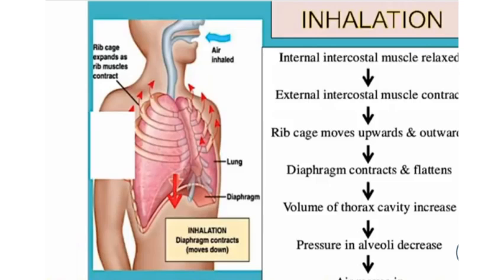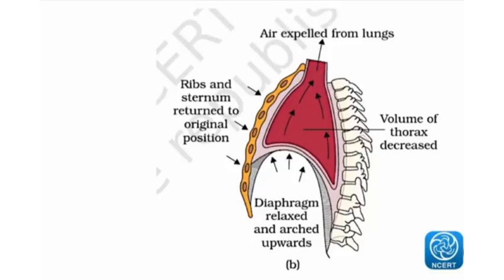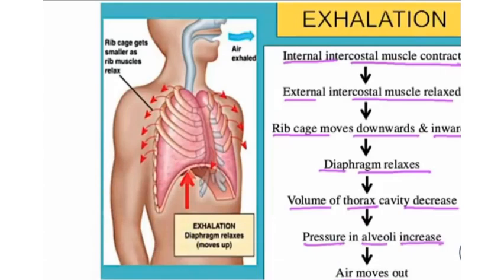Similarly, what happens when air comes out from the lungs? The diaphragm goes up again. Then what are the changes you see in the process of exhalation? Generally, the internal intercostal muscles contract, and as a result the external intercostal muscles relax. The external intercostal muscles contract during inhalation, and here it is just the opposite: they relax, the rib cage moves downward, and these stepwise processes help exhalation.